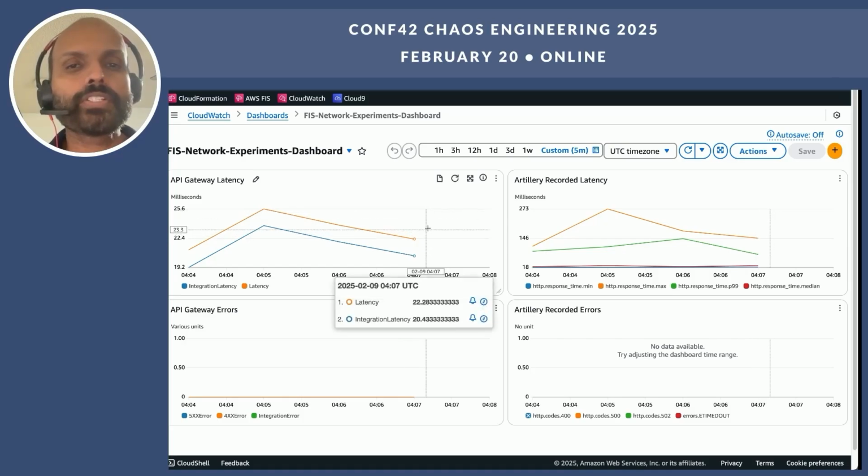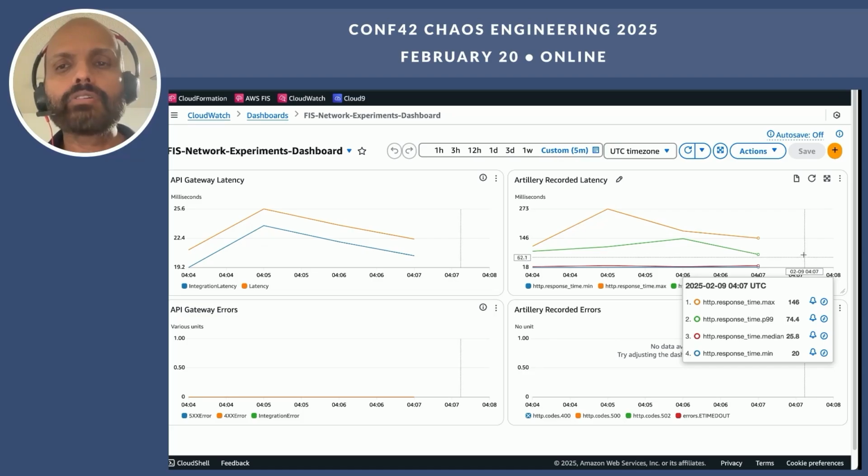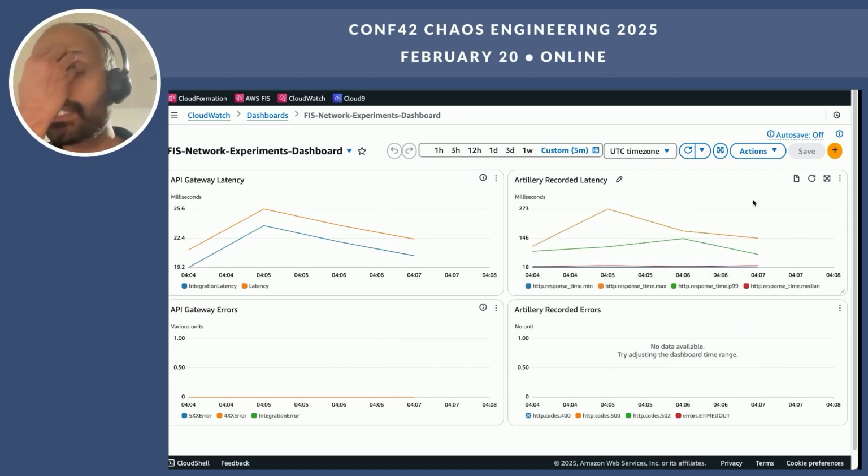From a system perspective, our latency is around 22 to 25 milliseconds. And the P90 value from an end user perspective is around 25 to 150 milliseconds. So that's the steady state of our application.